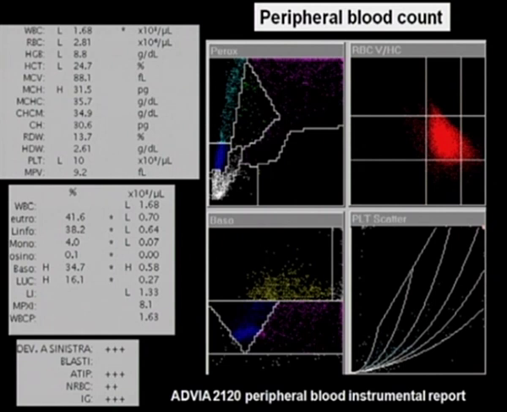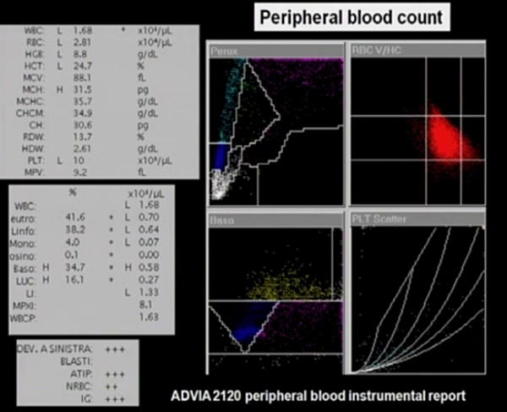So within the morphological flags, the presence of atypical cells, nucleated red blood cells, immature granulocytes, but not blood cells, is reported. So this is very easy because this system, by using peroxidase, volume, and chromatin pattern, immediately orients